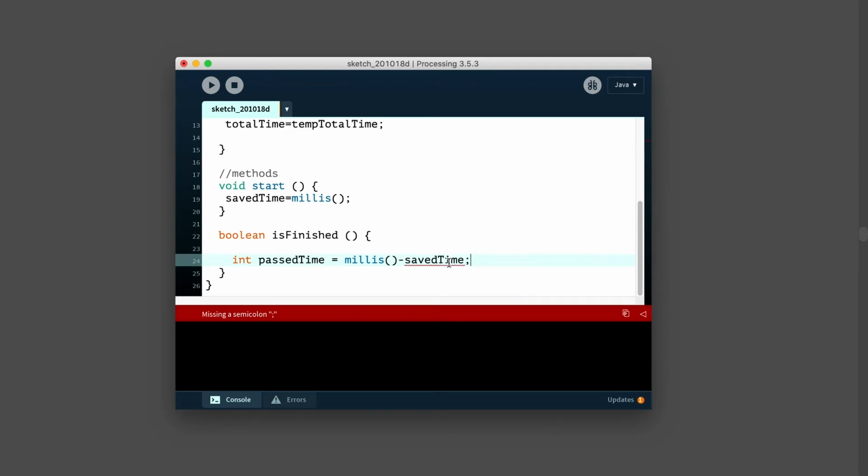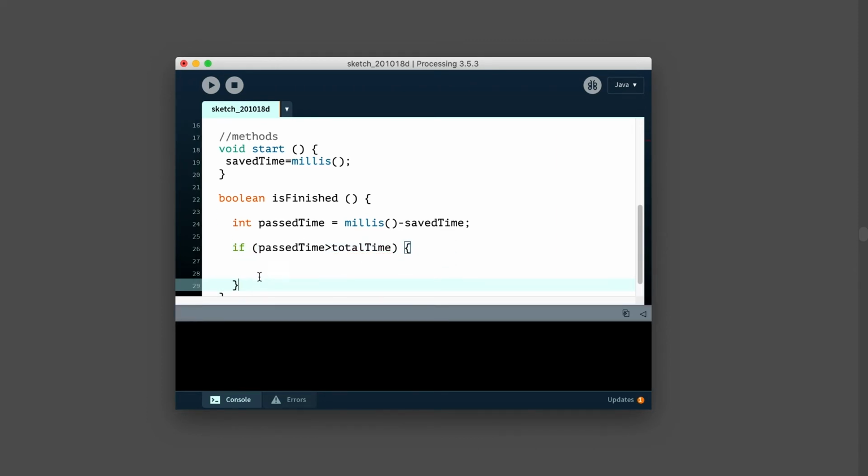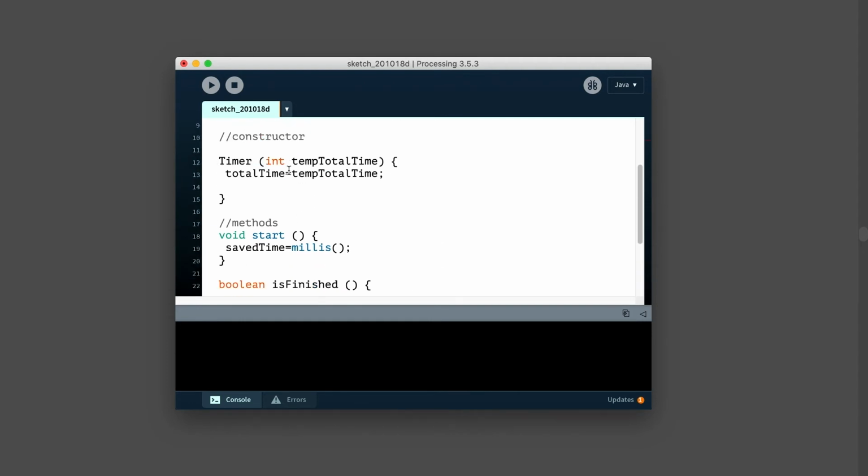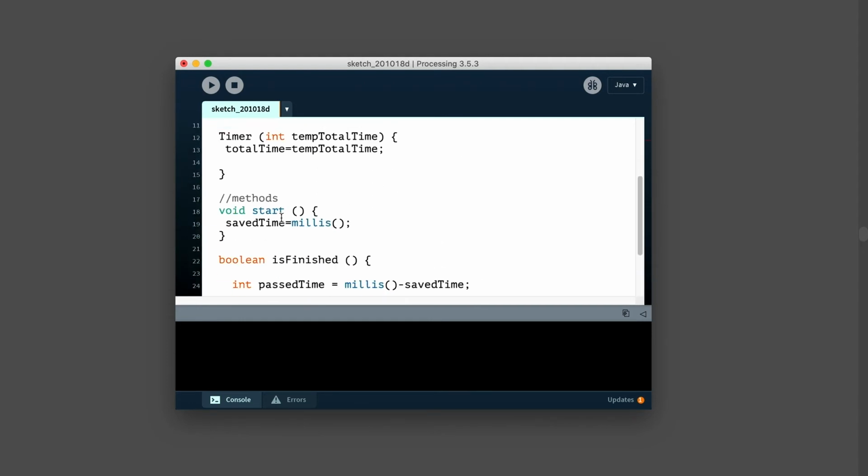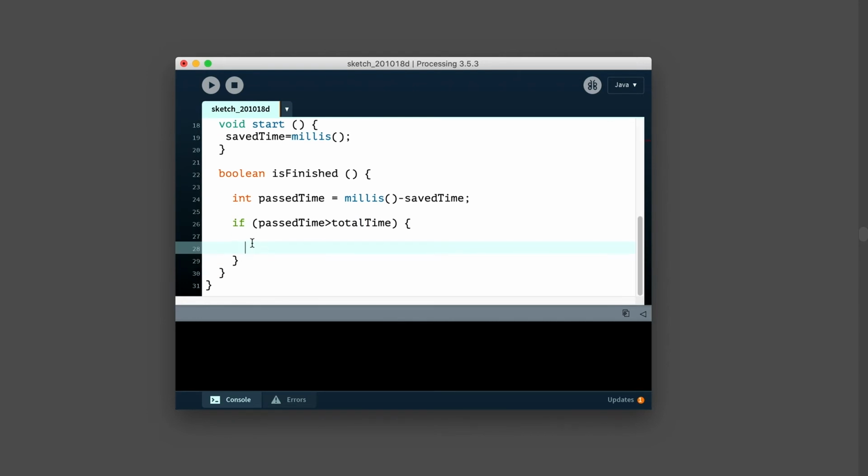And then we're going to say, hey, if this past time is greater than the total time that we feed into it, which is how long we want it to be, a 5-second timer or a 10-second timer, so that the amount that has passed is greater than the total time that we passed into it, then we'll return true. That means the timer is finished, and if that's not the case, we'll return false.